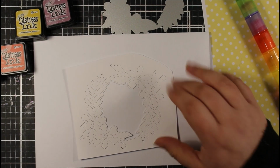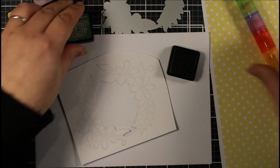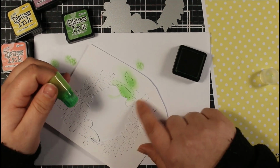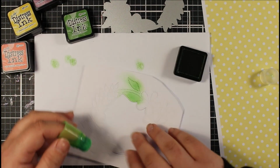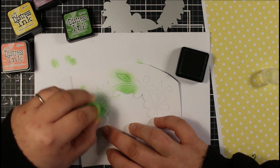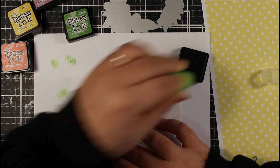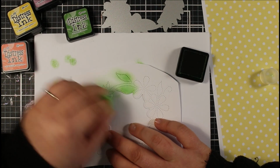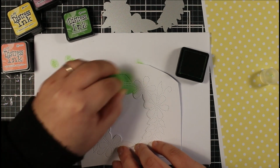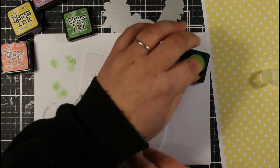So let's start off. Yeah, let's do Mowed Lawn to begin with. So this isn't going to be perfect unless you were to mask portions of this off, then it isn't really going to be strictly within the lines of the design. But I think just having that sort of stitched detail is going to give it a nice effect. So let's just go around and do...